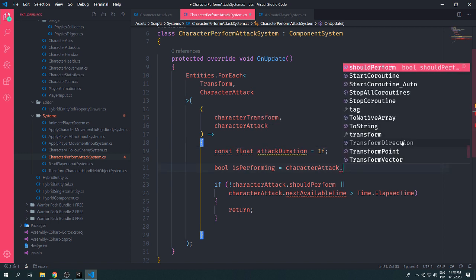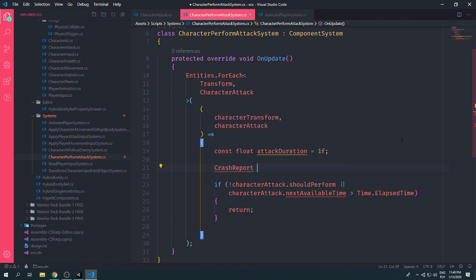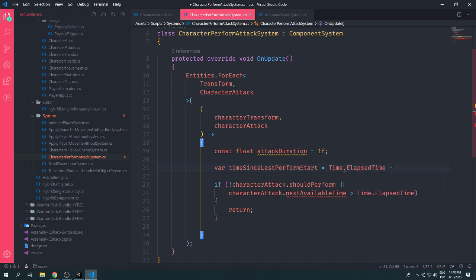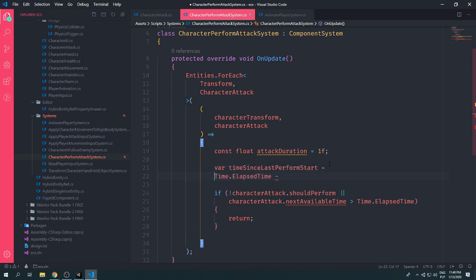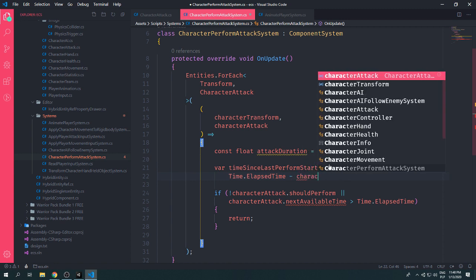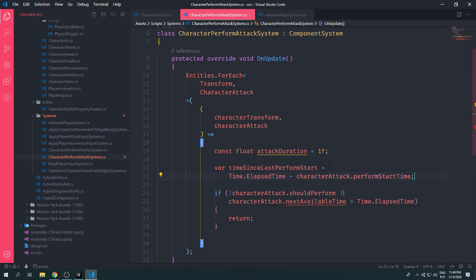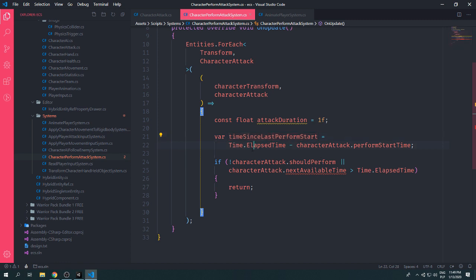So time since last perform start would be like elapsed time minus the current attack perform start time. Okay,